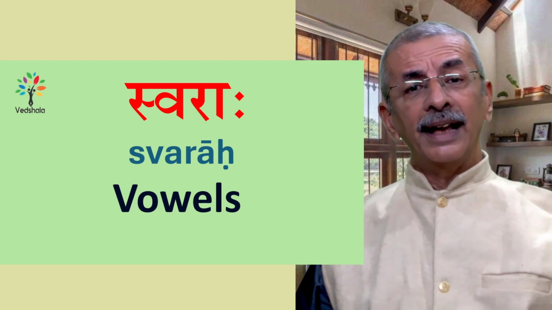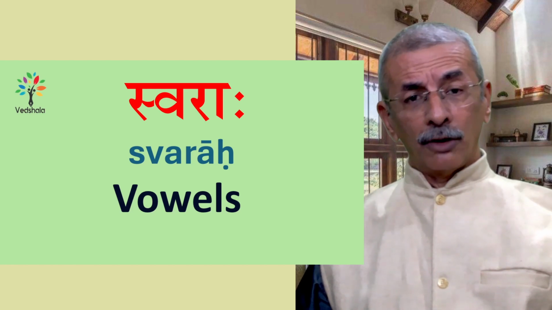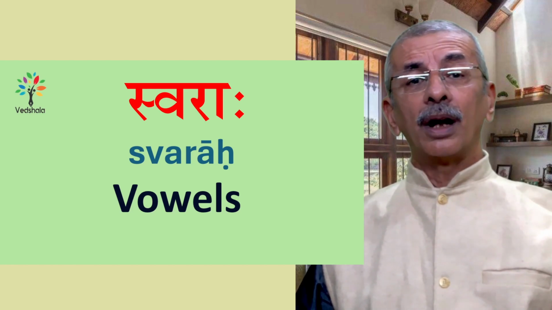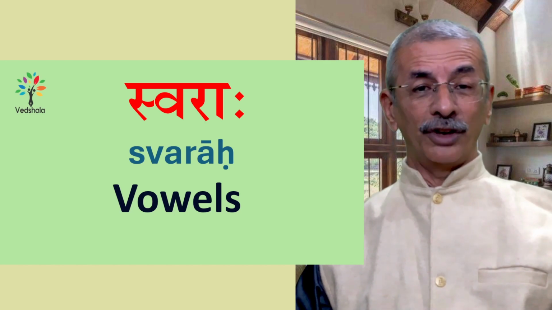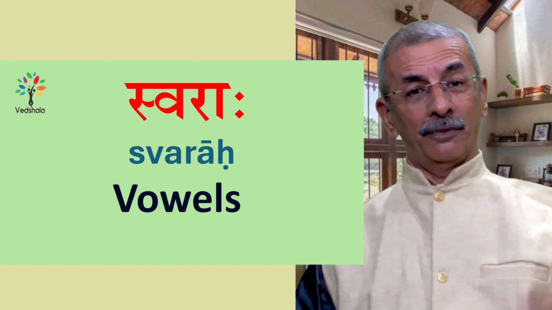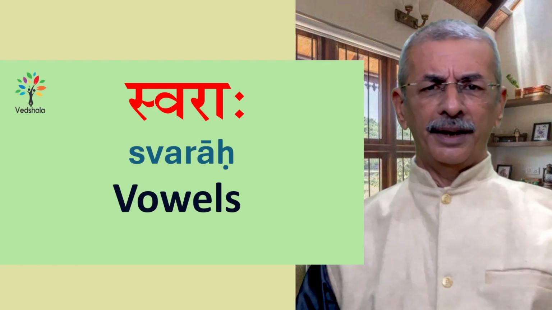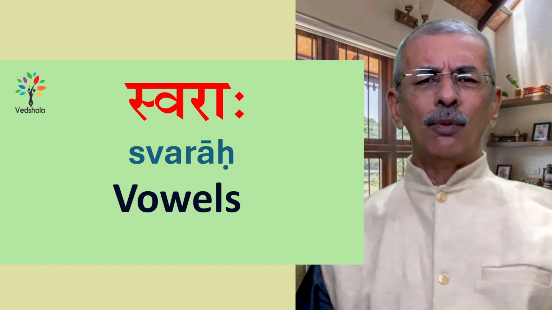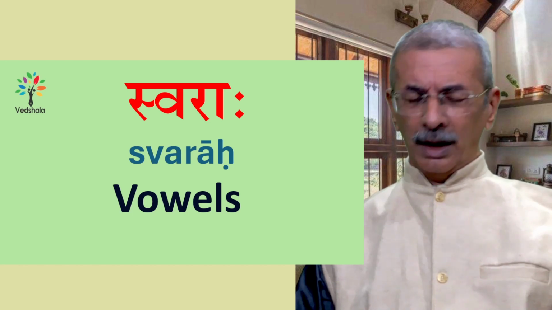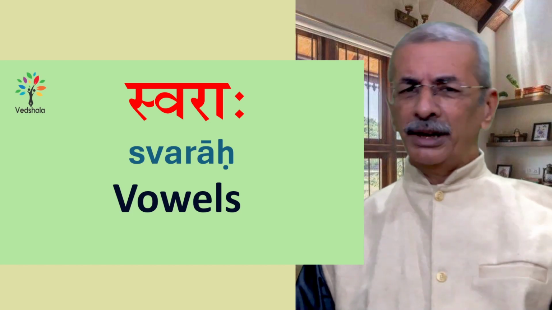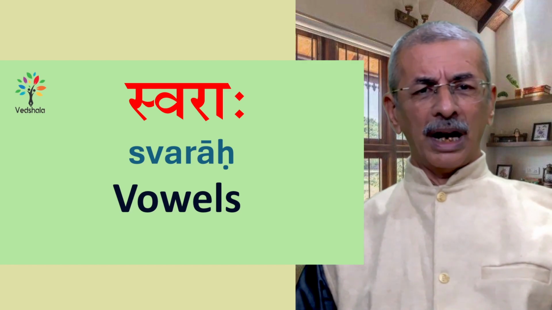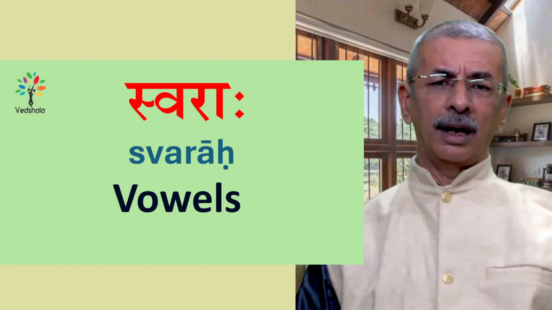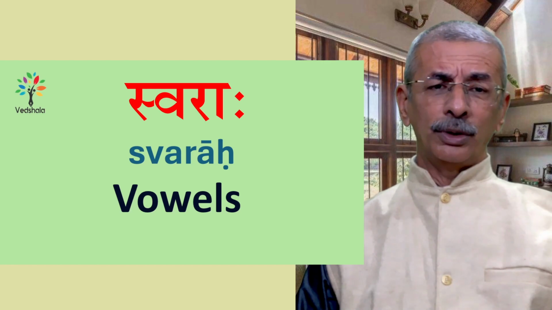This is what is IAST script. The pronunciation would be swaraha. It would be swaraha. That will be the pronunciation of that word. Now, going ahead, let us understand which are the alphabets that come into the category of swaraha. So first of all, the first alphabet that comes into that category is